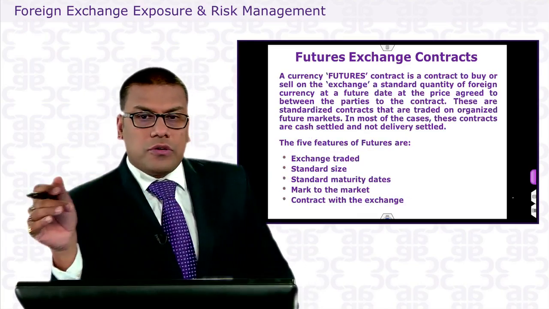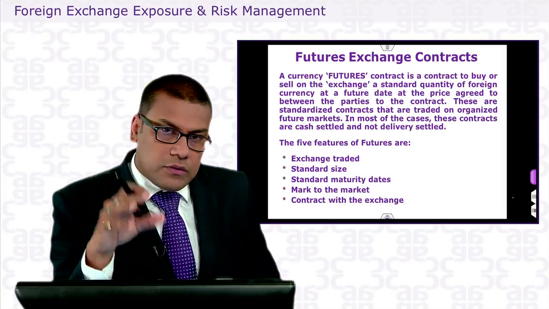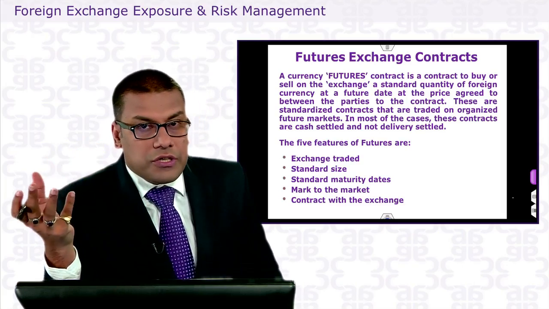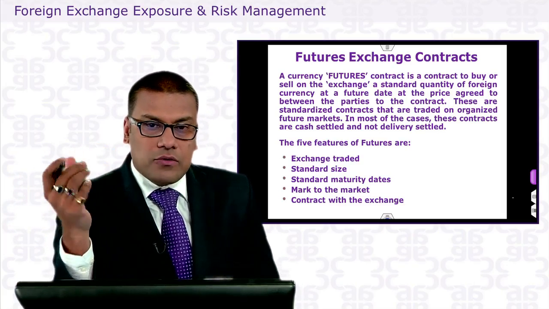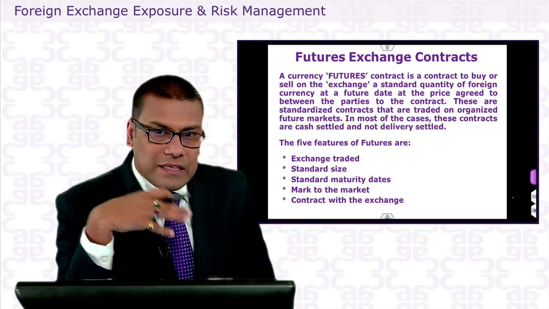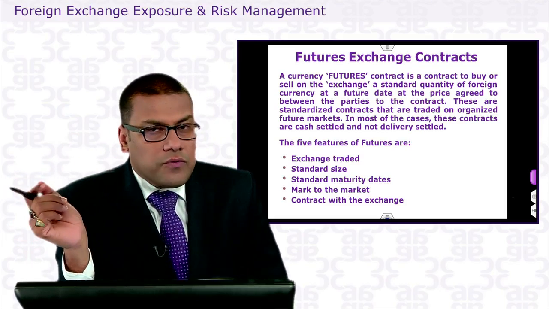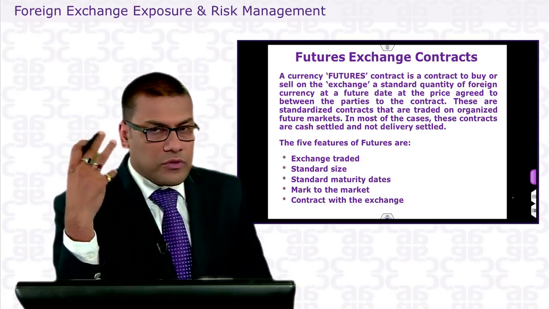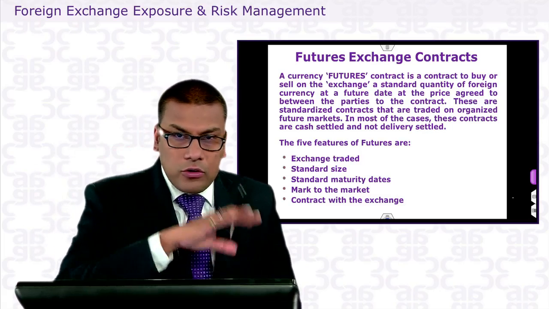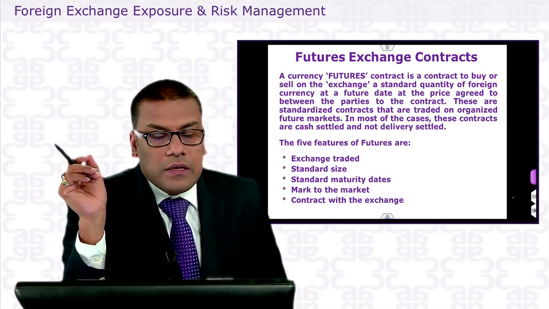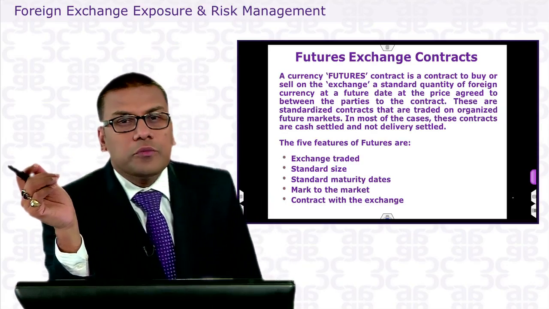So a currency futures contract is a contract to buy or to sell. As we said, the difference is only that it's an exchange traded contract as compared to over the counter. So it's in the standard format, standard quantity of foreign currency, at any given future date, at a price that is agreed upon. So all terms and conditions between forward and futures remain the same that we have been discussing. We have also elaborated at length when we talked about it in the chapter on derivatives. So that all holds true. These are standardized contracts which are traded on organized futures exchanges, and in most cases these contracts would be settled in cash,